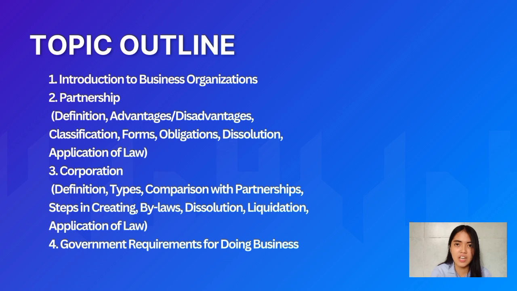To organize our discussion, here is the outline of the topics we will cover. Introduction to business organizations. Partnerships: definition and essential requisites, advantages and disadvantages, classification of partnerships, forms of partnerships, obligations of partners, dissolution and winding up of a partnership, application of law, partnership. For corporation: definition and right of succession, kinds of corporations, advantages and disadvantages of a corporate